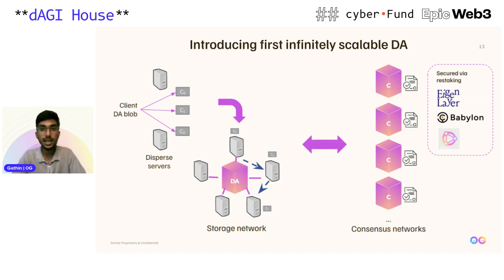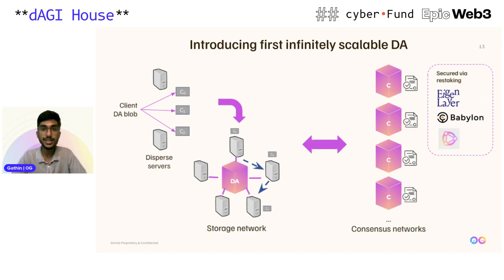What is an infinitely scalable data availability layer? By increasing the number of consensus network nodes, we will be able to scale and avoid bottlenecks of multiple transactions when they need to be processed at the same time. Like I told you in the previous AI example, when multiple clients try to interact at the same time and try to use multiple models to provide input or output data, at that time there will be a bottleneck when there is a small number of nodes to process the data. So that's how we increase the number of consensus nodes,